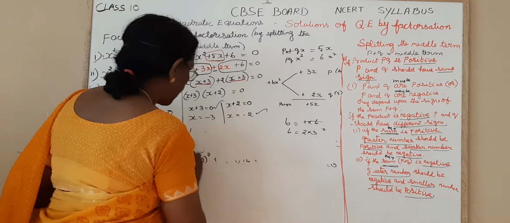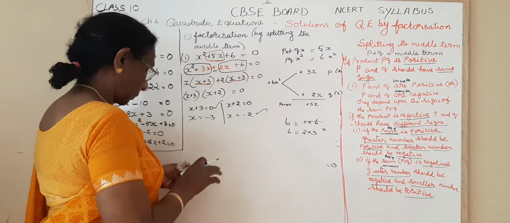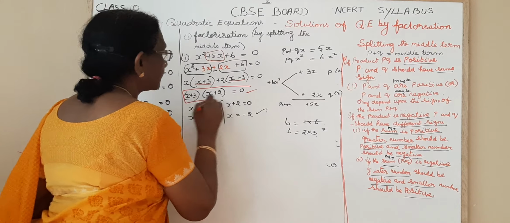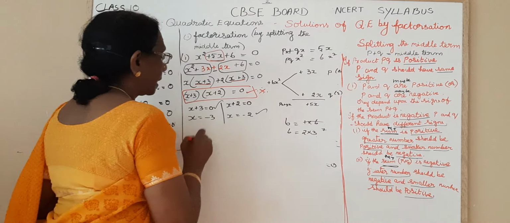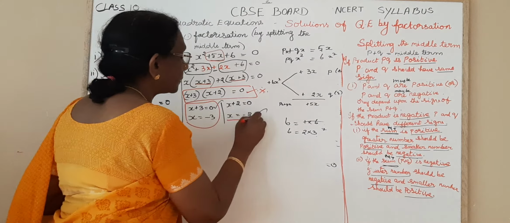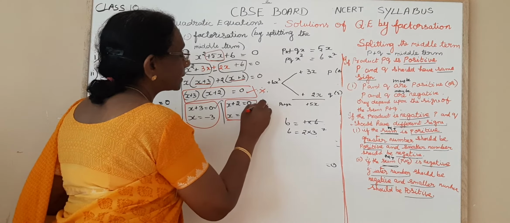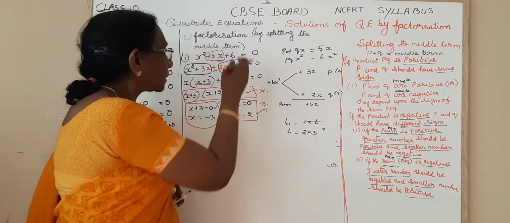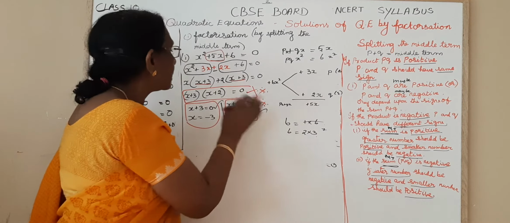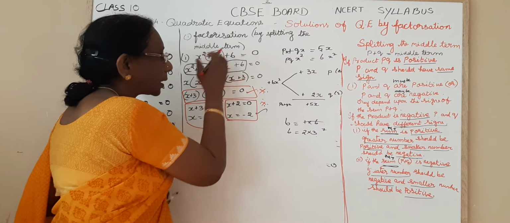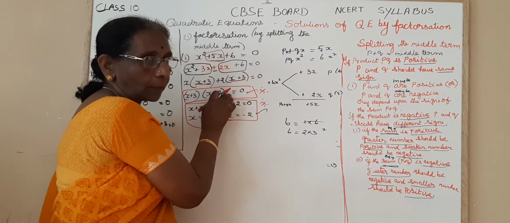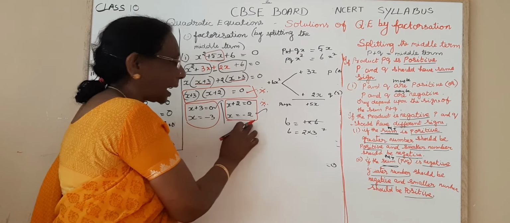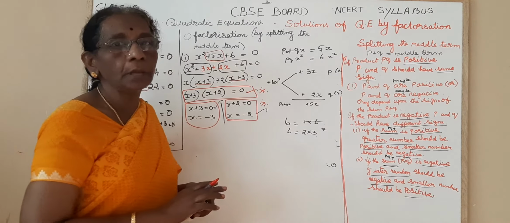Now, children, this step is very important. Which step? This equal to 0. This step is very important. And in the same way, these two steps are also very important. Marks will be allotted for these two steps. Suppose this comes under 3 marks, 1 mark will be allotted for this, because for doing this calculation you get this 1 mark. And for this also 1 mark. Half, half. And then for writing the answer.